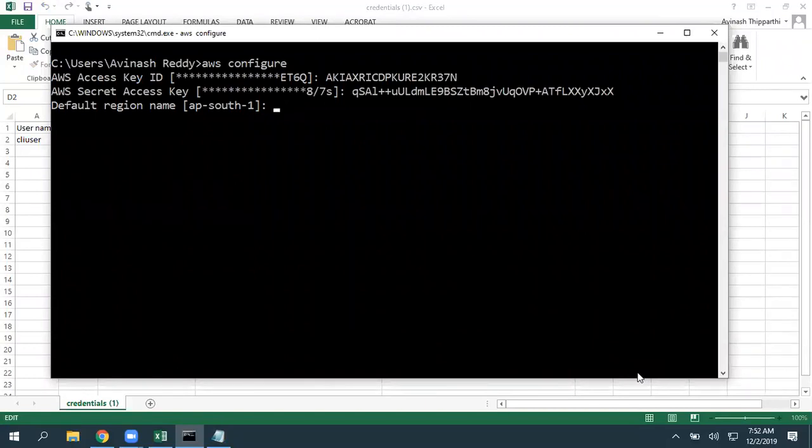It is picking ap-south-1 automatically because of my existing configurations. If you want to give any specific region, give that region code.